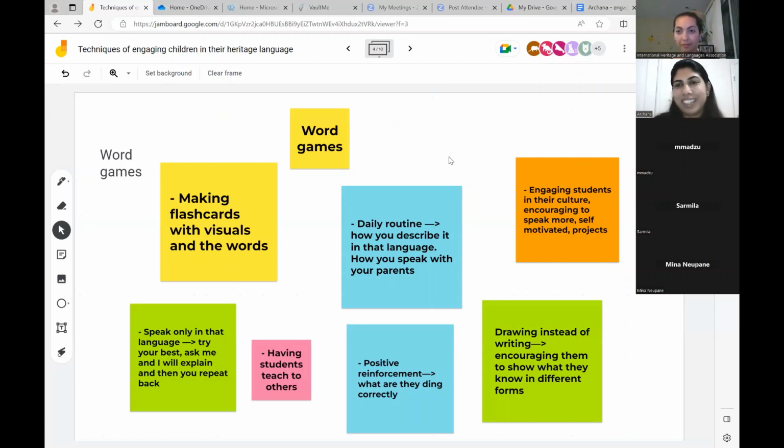The hangman game also, they were so curious, they discovered new words, and they were so focused on what the other child was going to say as the new word. And it was really so helpful for them because they played maybe the other way also, so they are so interested in this game.